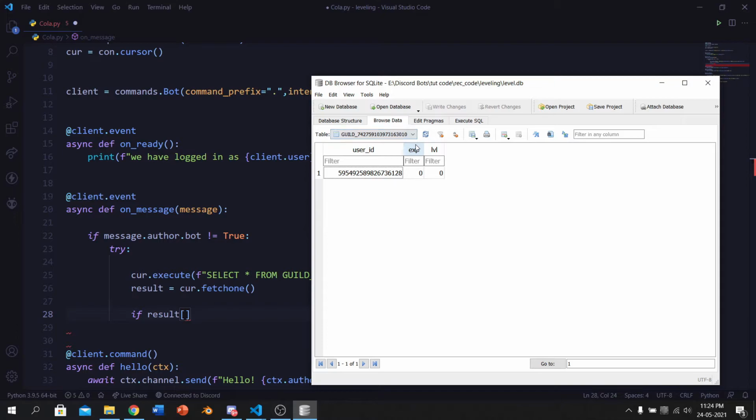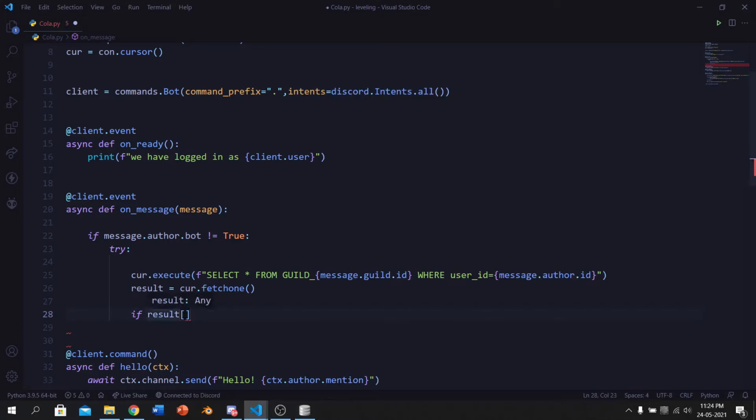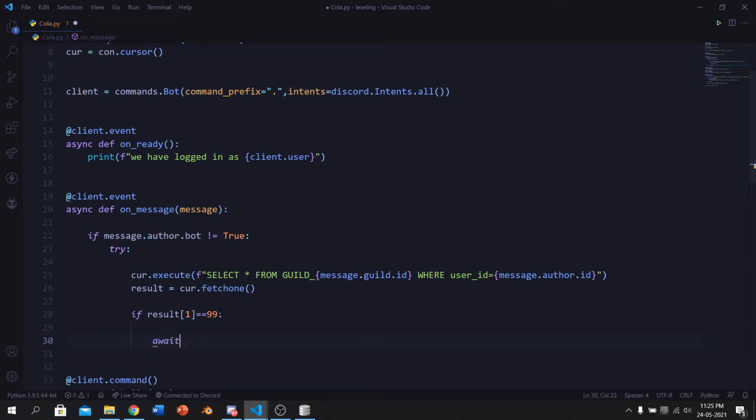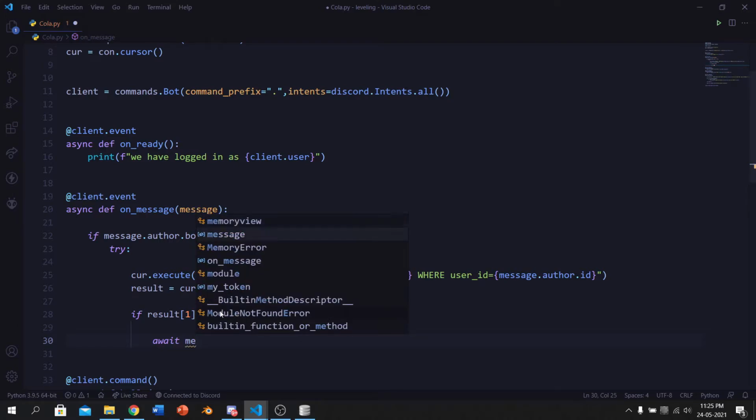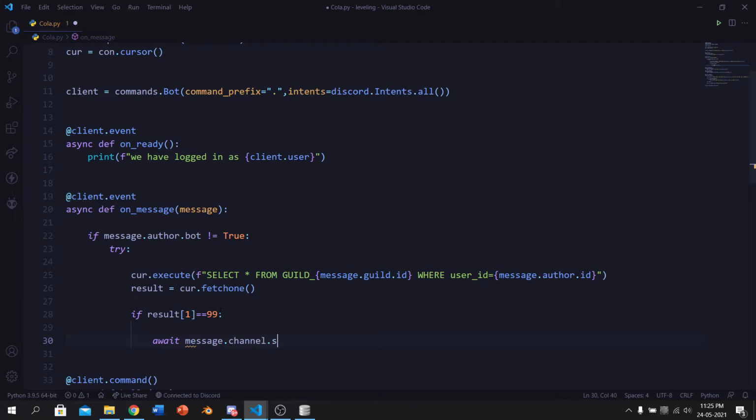So this will be 0, 1, and 2. So I have to check my experience. So it should be result index 1, 99. If it is 99, then we send a message in the server. So await message dot channel dot send, and let's mention the author. So message dot author dot mention